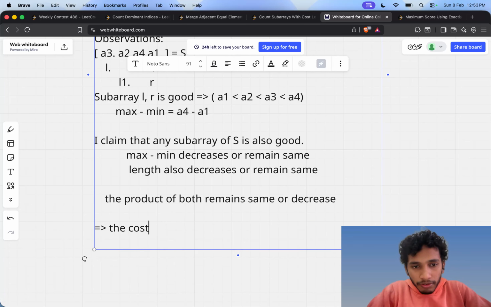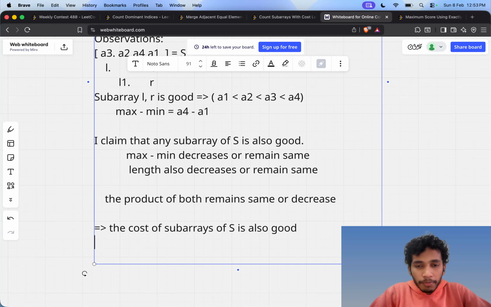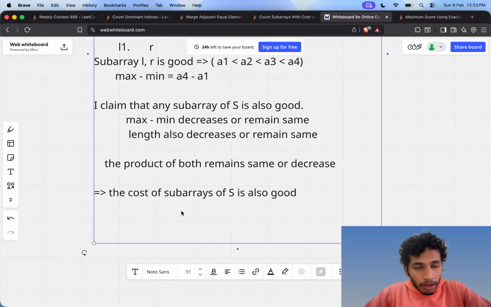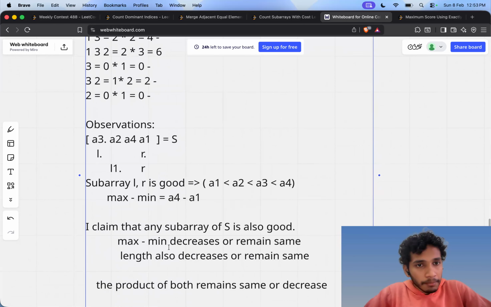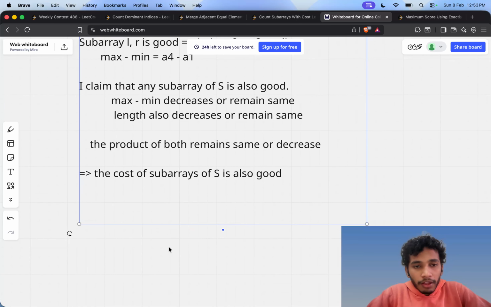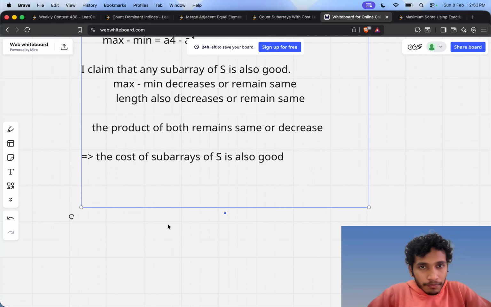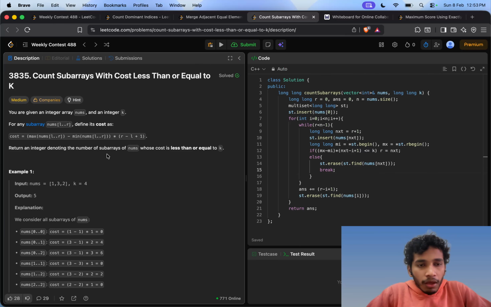The cost of subarrays of S is also good. All right, good means that it is smaller than or equal to k. All right, so if